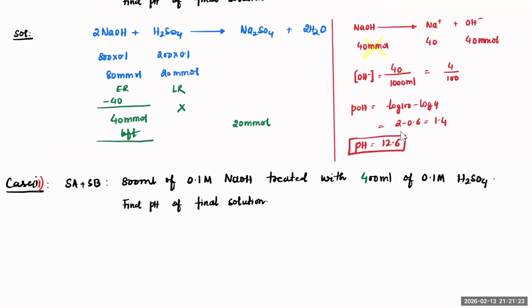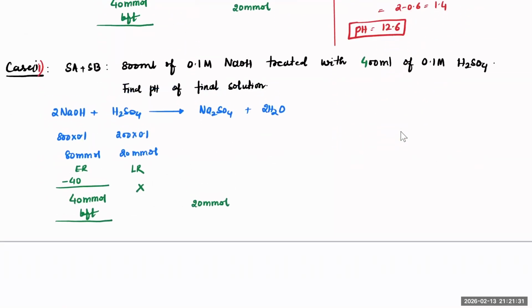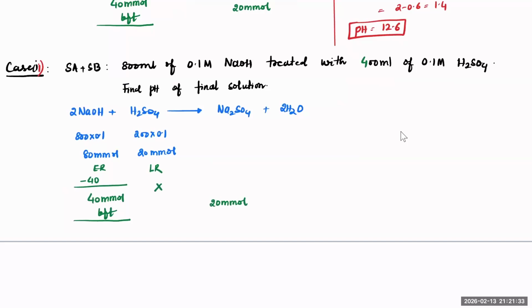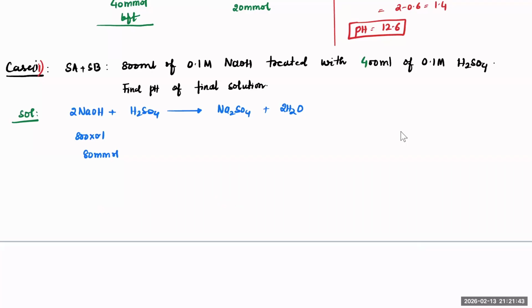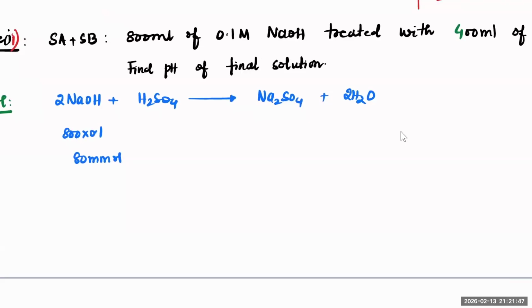So the calculation wise, I mean, the equation wise, everything looks similar. So I'm just copying it. Correct. You can rewrite the equation, no harm in it. So just change the conditions now and see what would happen. So here H2SO4 was given, which means we had